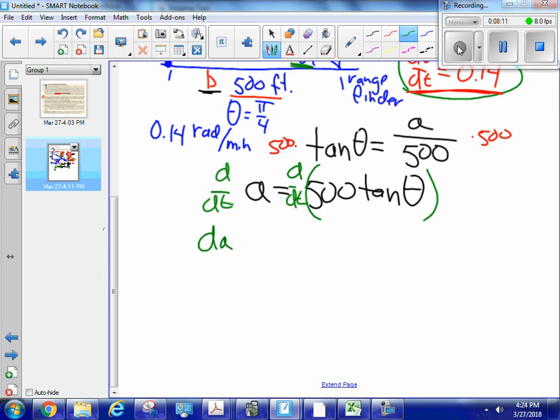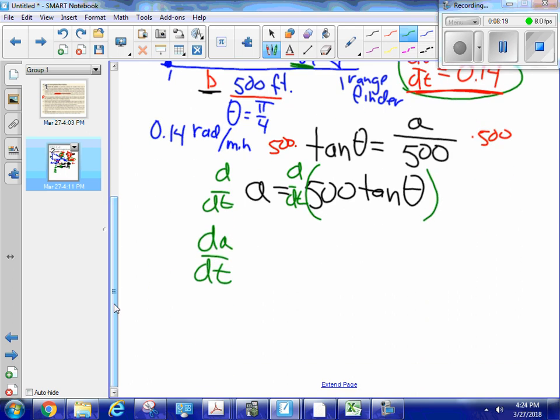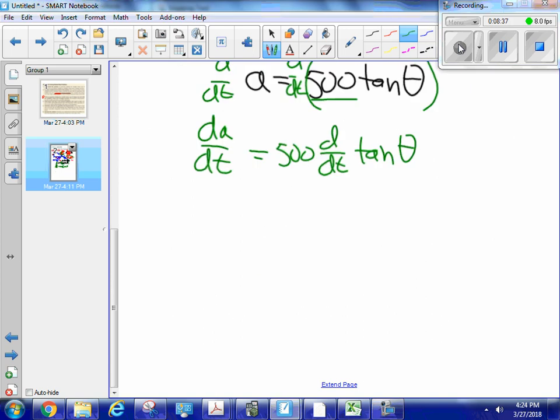So this is dA/dt, which, as you will notice, is exactly what I am seeking. And this, well, I have a constant here. I'm going to pull that through the derivative. So I have 500 d/dt of tangent theta. So what I need to do is take the derivative of tangent theta. So I have 500. Well, I know from looking at my little formula sheet that the derivative of tangent theta